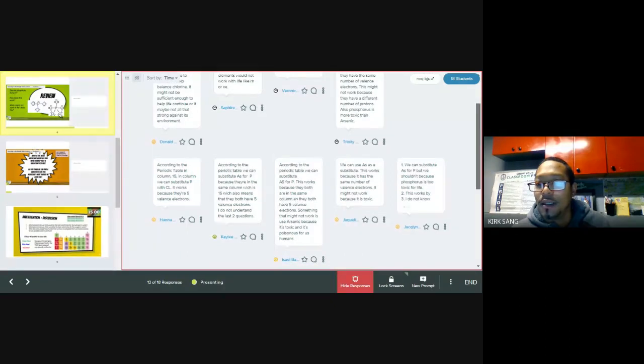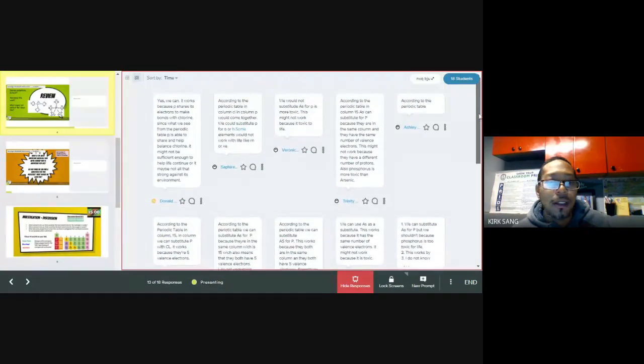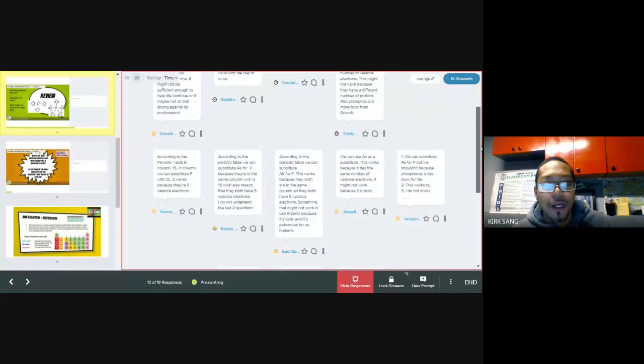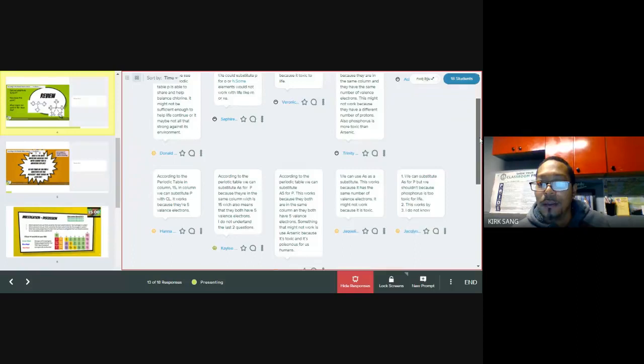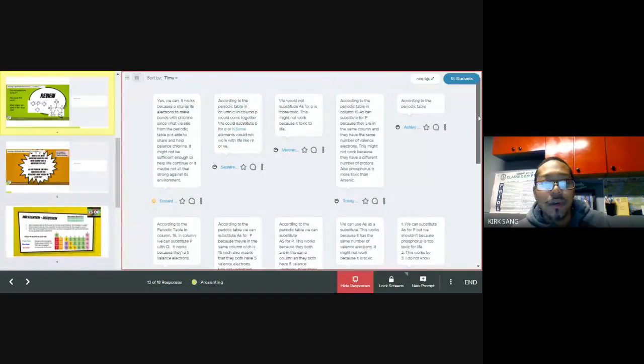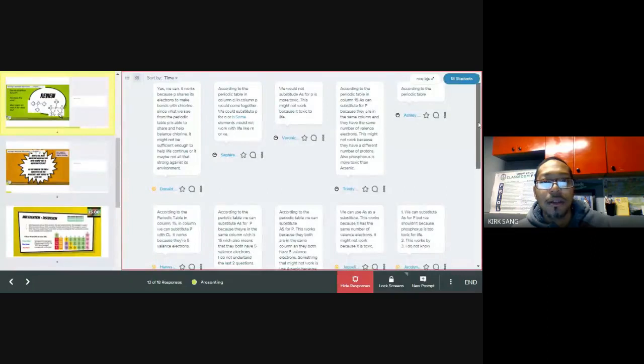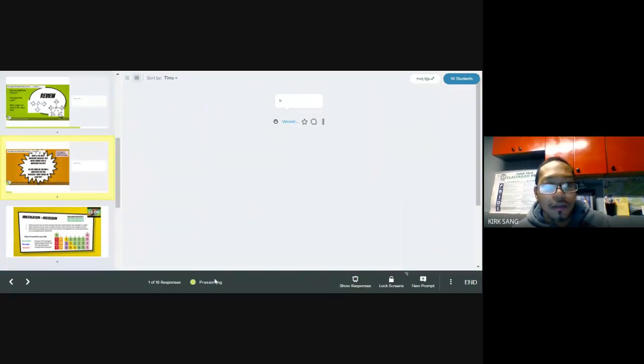Jacqueline is extending her response in Pear Deck. Thank you so much, Jacqueline. All right, Donna's 3 sentences, periods ready, showing 3 different thoughts. Everyone responding, almost everyone using the sentence frame according to the periodic table, stating the valence electrons. All right, moving on to slide number 15. In slide number 15, again, there is an opportunity to use a sentence frame according to the periodic table.